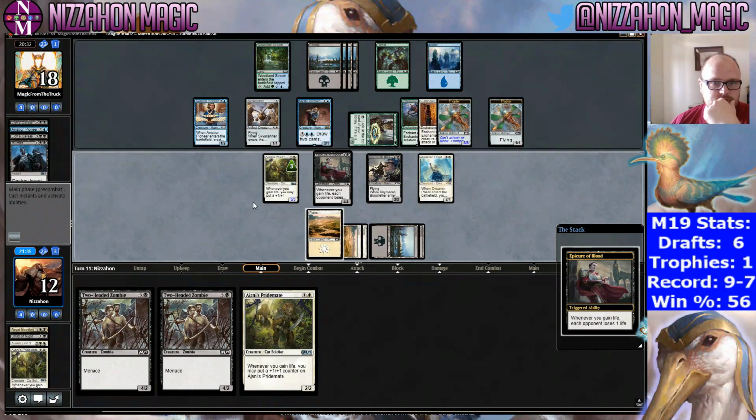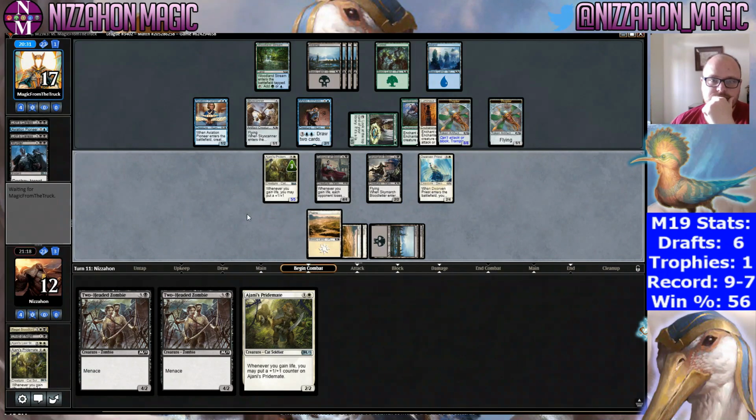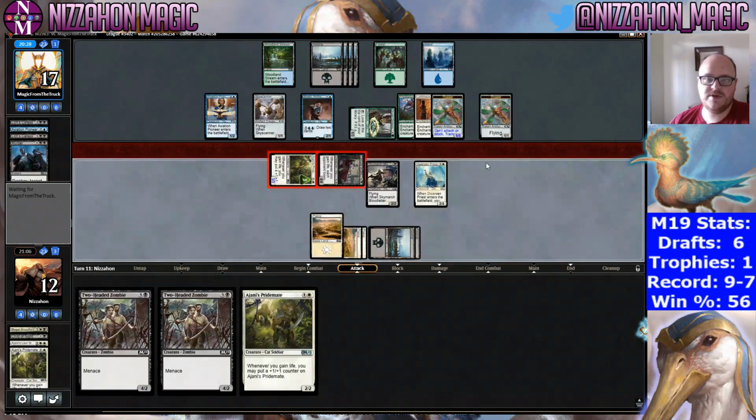So do I attack with my flyer? 2, 3, 4. I guess if they... The only way they can kill this is if they block with all of their creatures. So I think I go ahead and attack with it. Yeah, and we can kill them all, so... Let's also attack with our Epicure. They don't have the good double block up anymore, so...